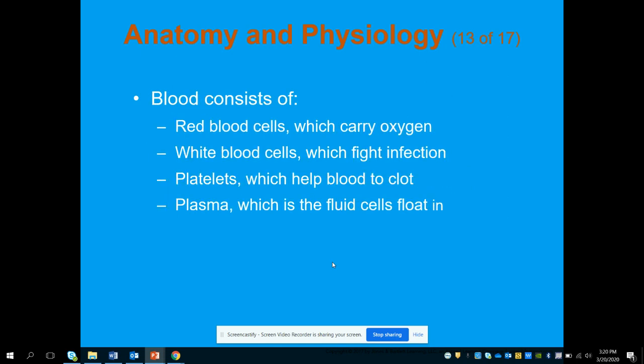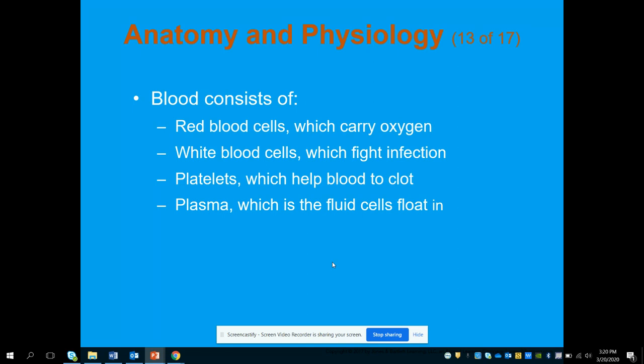Blood itself, we know, consists of red blood cells, white blood cells, platelets, and plasma. And so we've got really a dynamic here that needs to stay the same. And remember, that level of staying the same all the time is homeostasis. And that's what the body is trying to achieve. So if we have too much or too little of any of these things at any given time, it could